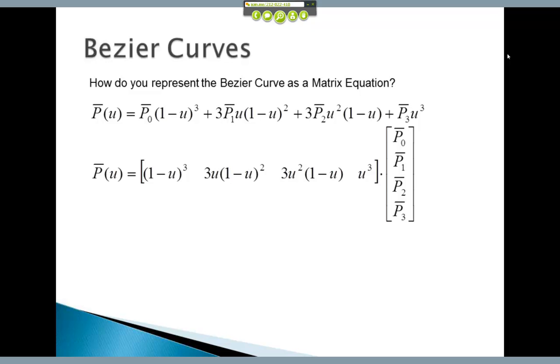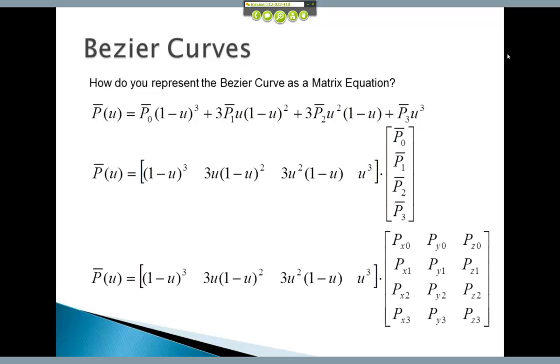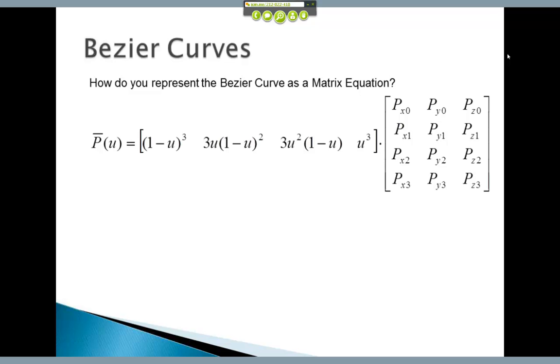Can we simplify the row vector? Can that be simplified? Sure, we can think about pulling the u out of this vector. We can separate the u's. First thing we did is pull the p's out, then multiply them, we separated them. So the first column is x's, the second column is y, the third column is z. Now what we want to do is actually separate the u out of this row vector. To do that, what we need to do is kind of expand these things. So the first, (1 minus u) cubed, is 1 minus u, 3u, plus